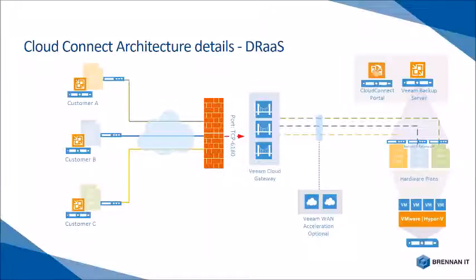So if we look at the Brennan IT infrastructure here, they will have a hypervisor, VMware or Hyper-V, and then they will multi-tenant this hypervisor through the Veeam offering, Veeam Cloud Connect. Each customer will be able to see a dedicated hypervisor, because Veeam multi-tenants the hypervisor, and each customer will have a specific hypervisor specification like CPU power, memory size, and virtual NIC dedicated to the customer. The customer will then be able to replicate the data or the VMs from on-premises to the